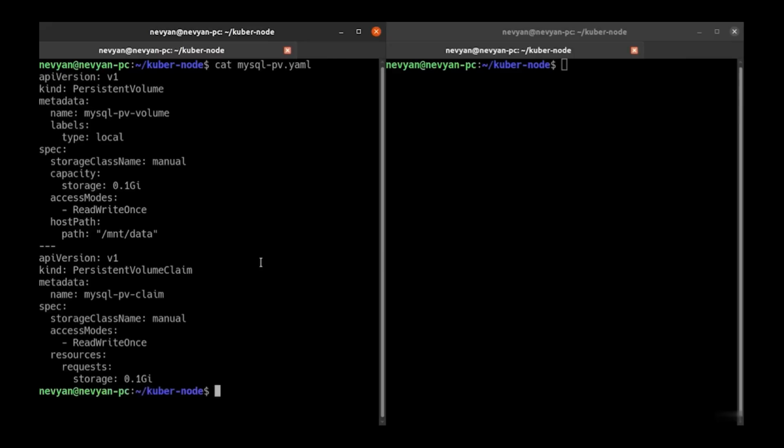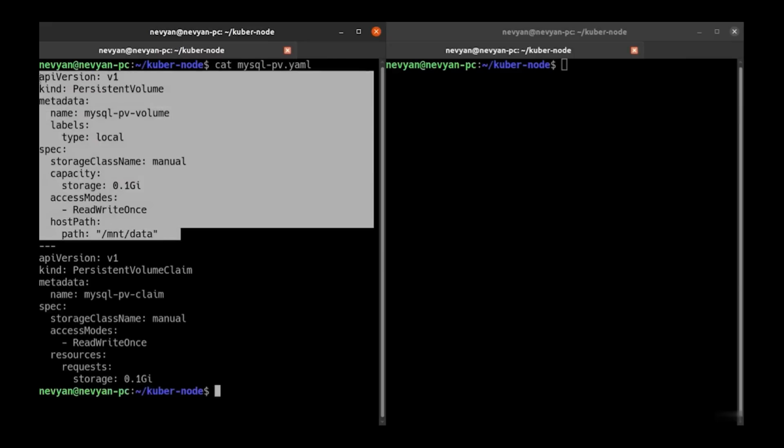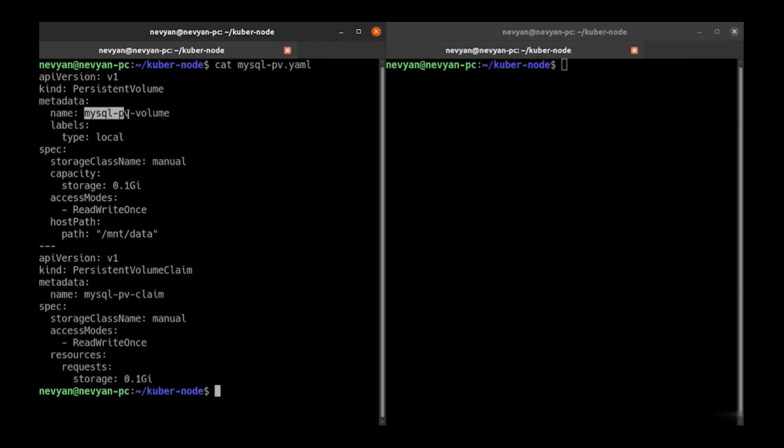All right, so this is the persistent volume claim. Actually, first, we are creating a persistent volume on the system, and it has a name, MySQL PV volume. We say that we would like to reserve 100 megabytes for the storage area of MySQL. This space will be reserved in the mount data directory. And then we create a persistent volume claim. So we say, okay, if in our system there is such space, please, we would like to reserve it